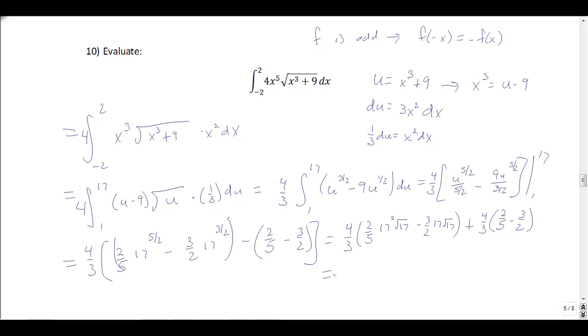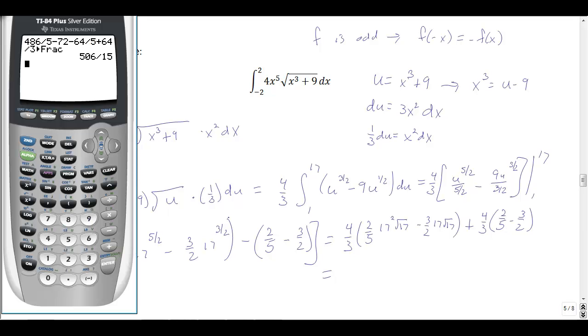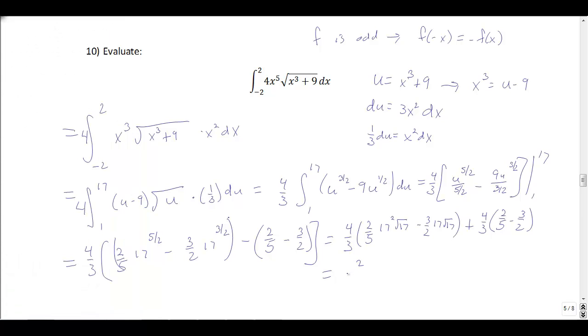And then when I get done, I might just kind of simplify this all. Get something times 17 with some constant. So let's just go to our calculator here. I'm going to do 4 divided by 3 times 2/5 minus 3/2. That's going to give me something negative. Whoops, let's change that to a fraction though. So that's negative 22/15